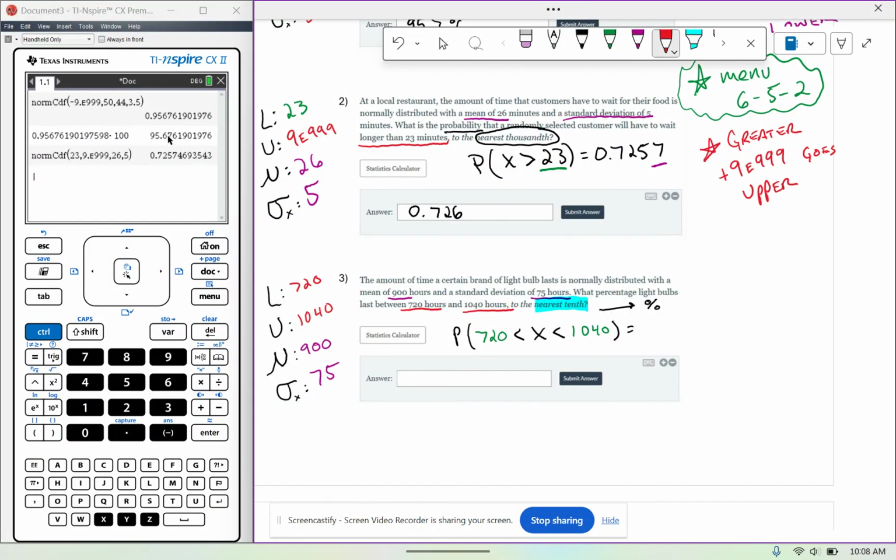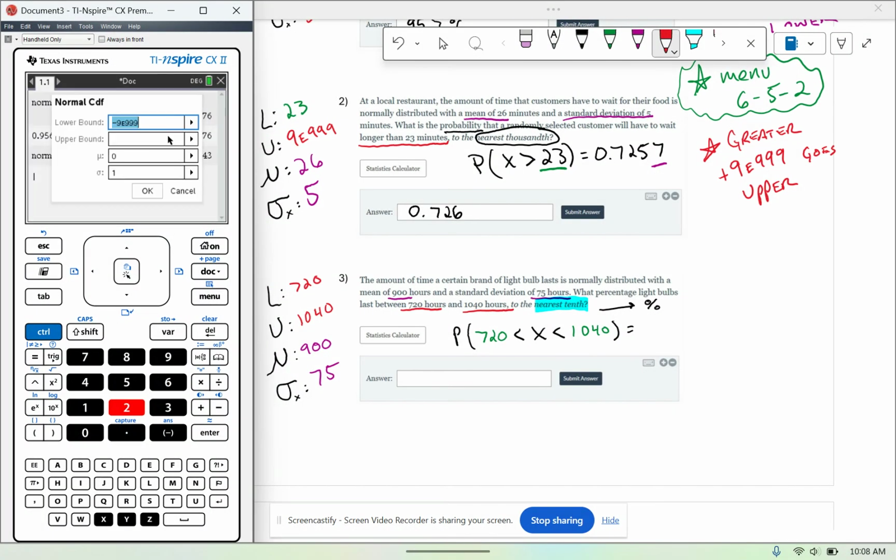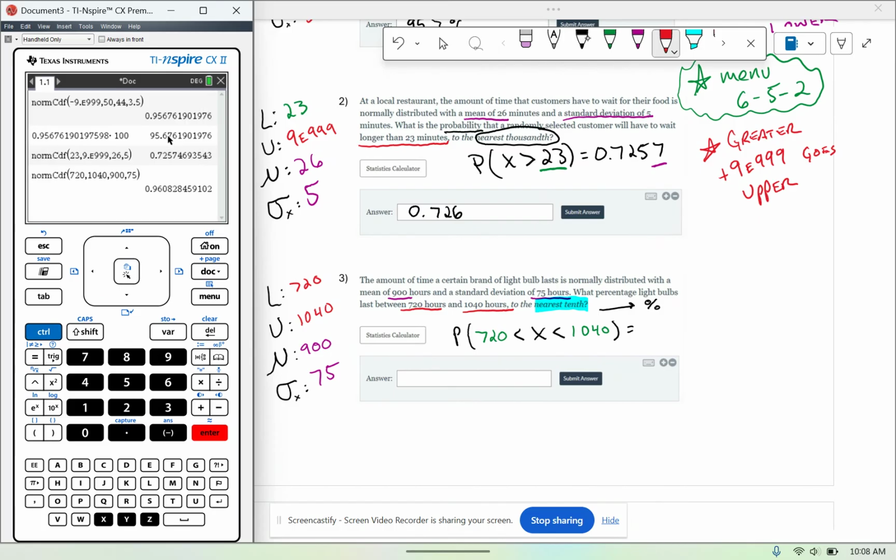Nice. Now I have my calculator arrangements. So I'm going to do menu 652, still the same, menu 652. Now in my lower bound, I'm going to put 720. My upper bound, I'm going to put 1040. My mean is going to be 900, and my standard deviation is 75. And there we go. I'm going to put that in, I'm going to press enter, and I get my answer to be